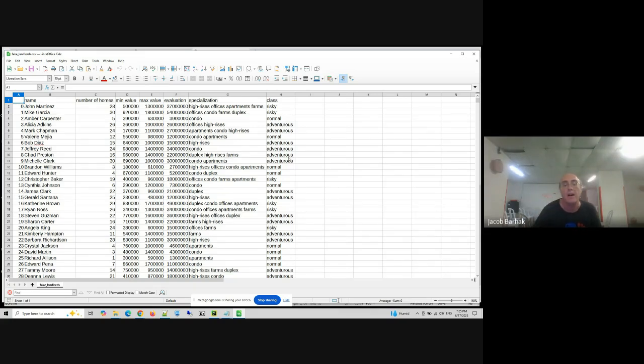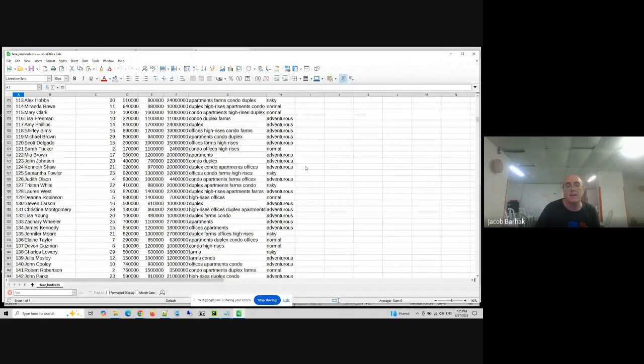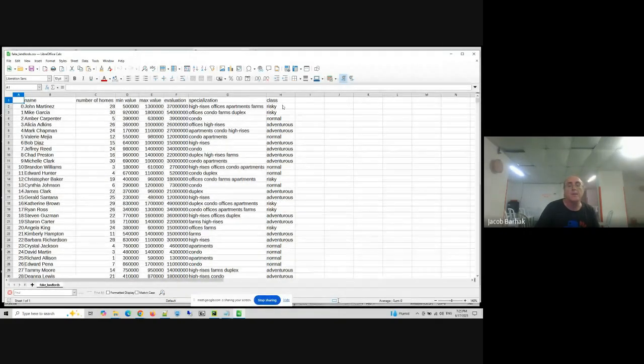Think about it as an investor trying to invest in some landlord business and trying to figure out whether it's a risky move, a normal move, or just adventurous, like different levels. And there's also unknown here. I don't see unknown, but it can be possible as well. So this class is how we classify the data.